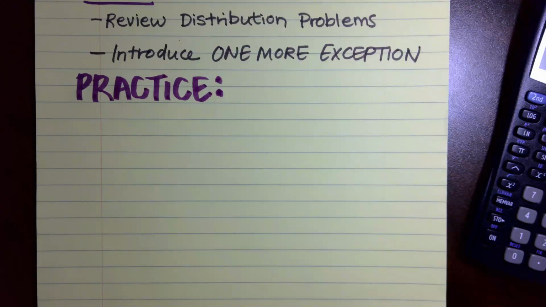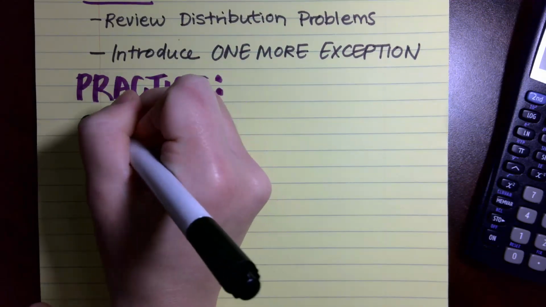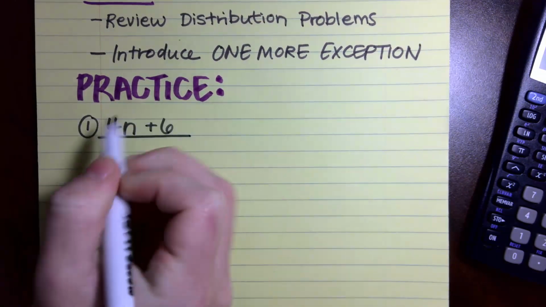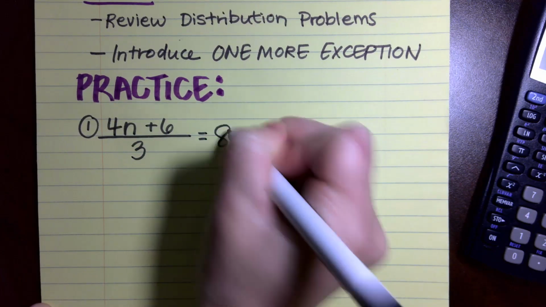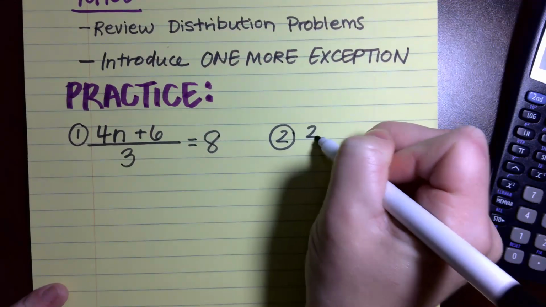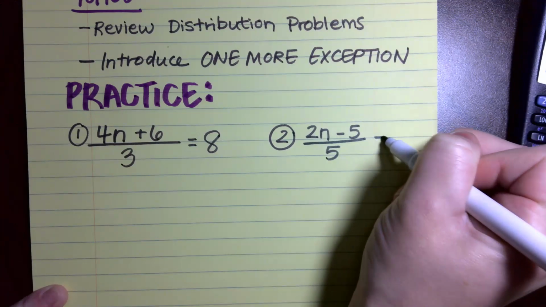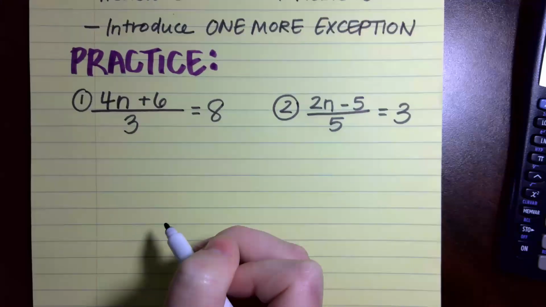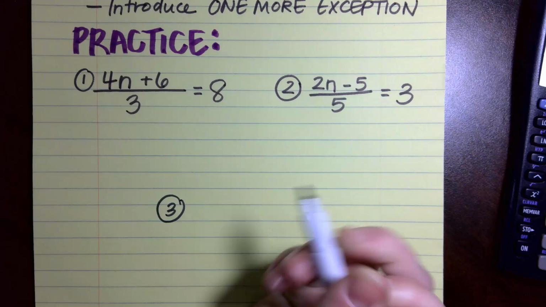All right, I want you to do 4n plus 6 divided by 3 equals 8. 2n minus 5 divided by 5 equals 3. And then I'm going to throw in another one just for fun. Make sure we know how to do the distribution ones. Let's do